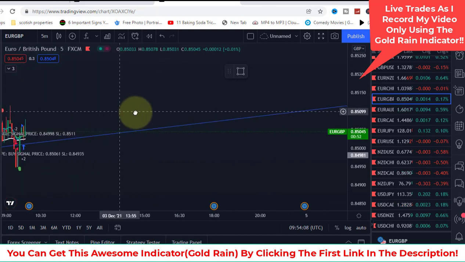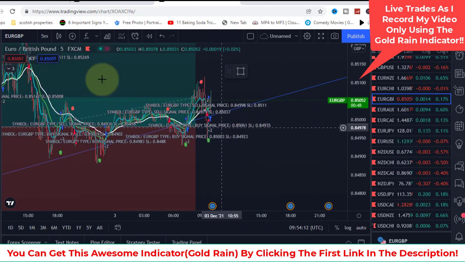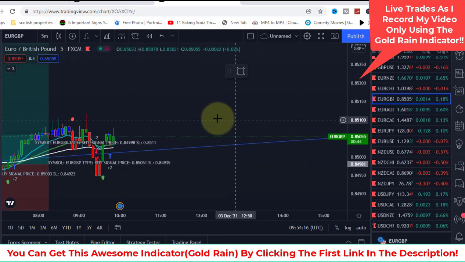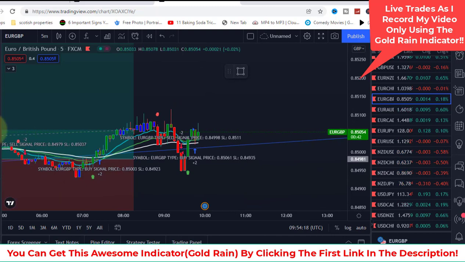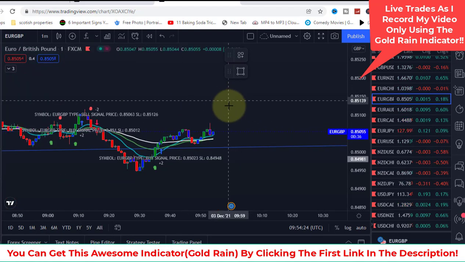So on this Euro pair, I can see the momentum is upward, so we better rely more on buy signals. So we see we have a buy signal here. So this is 5 minutes. So let me check it. Turn it to